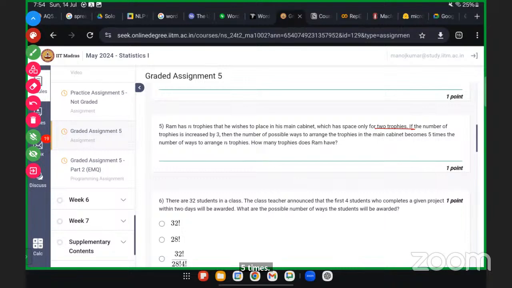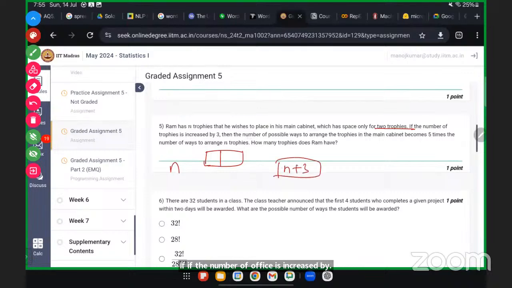This that he wishes to, there are 2 spaces available. Yes, and they wish to, which has space only for 2. Okay. If the number of trophies is increased by 3, so let's say it increased by 3, then the number of possible ways to arrange the trophies in the main cabinet